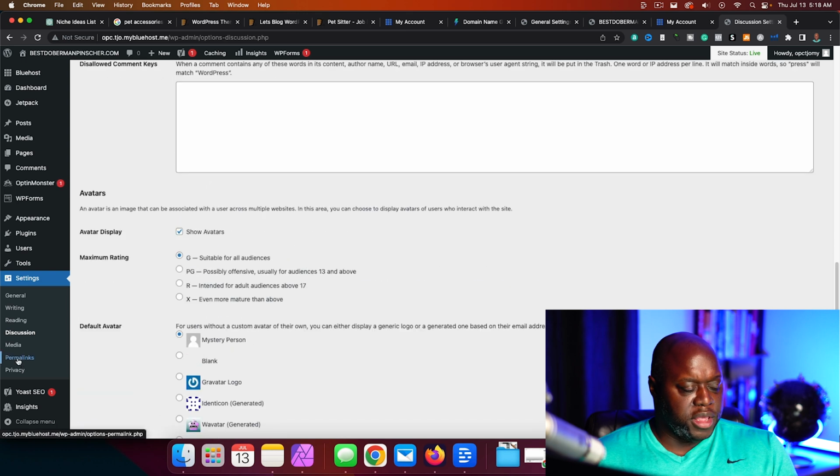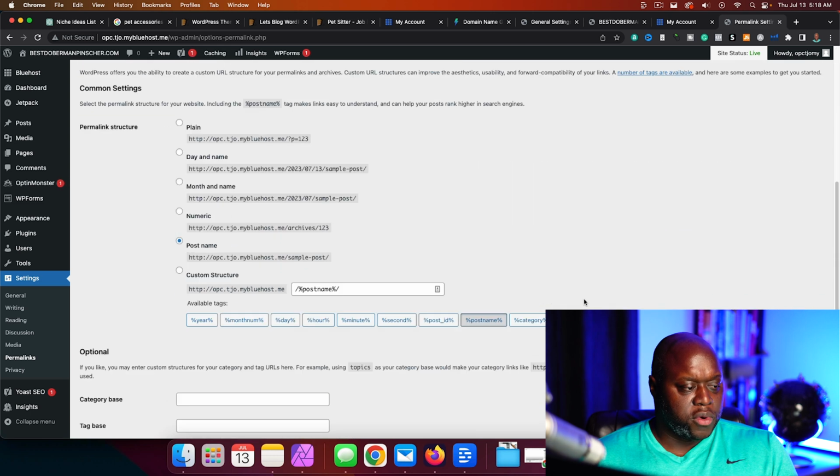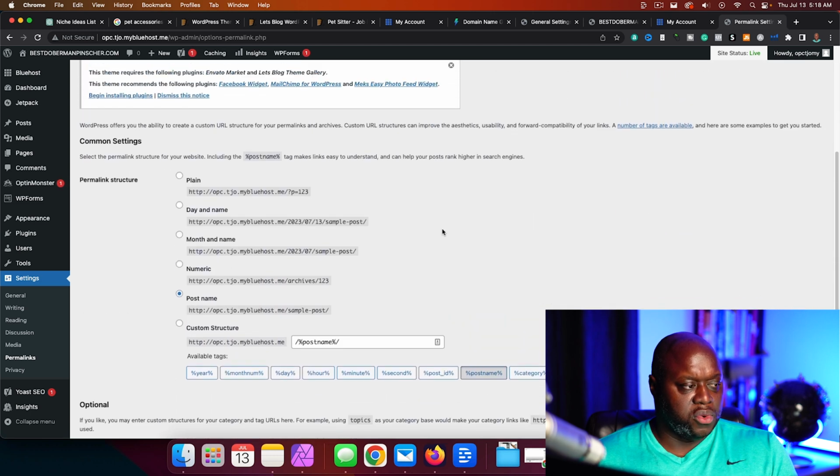Everything that's here. Permalinks is what we want to change. Permalinks is really, really important. So right now our permalink is set up to your domain name.com/ actually they have it set correctly. Sometimes, a lot of times, they'll have it set to these other permalink structures. So permalink basically means your domain name, which would be bestdomainpinter.com/ and then everything after that / would be the permalink structure. In the past, the default setting would be the month and the name.